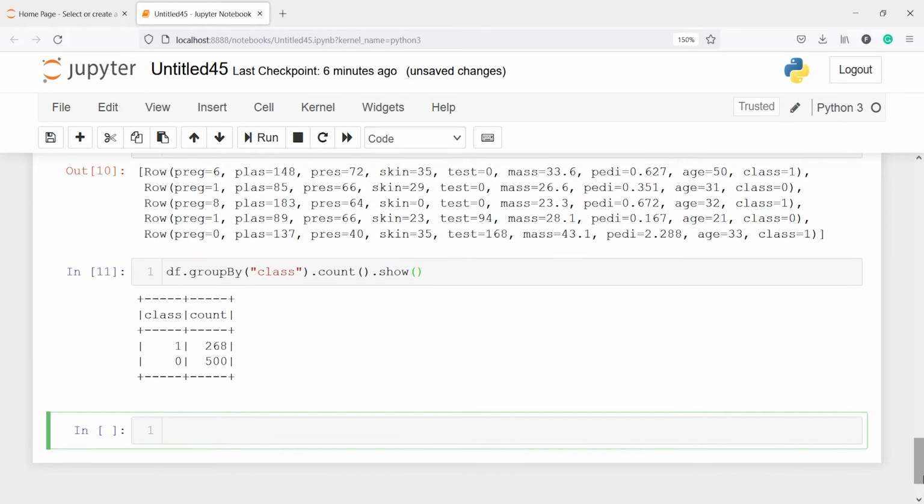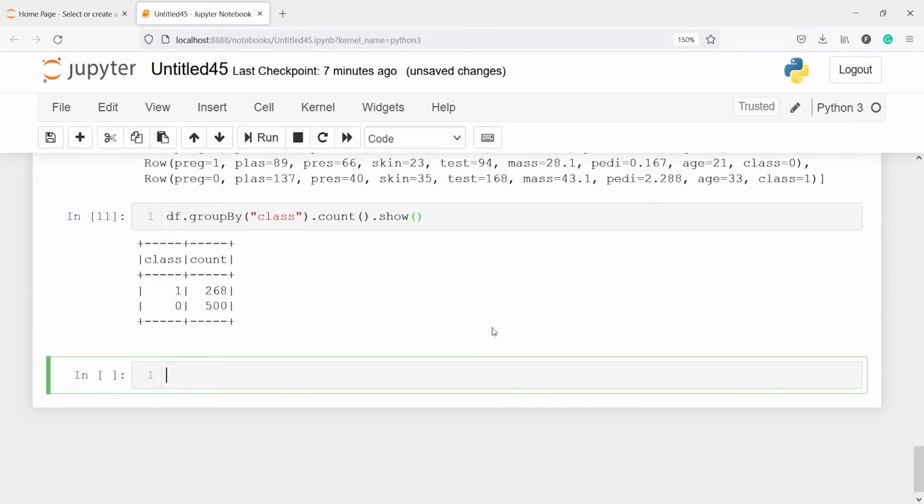Now you will see in the output this is the distribution of our target variable. There are a total of 268 people having diabetes and 500 not having diabetes. It has more than 50% not having diabetes, and we have just 268 people having diabetes here.